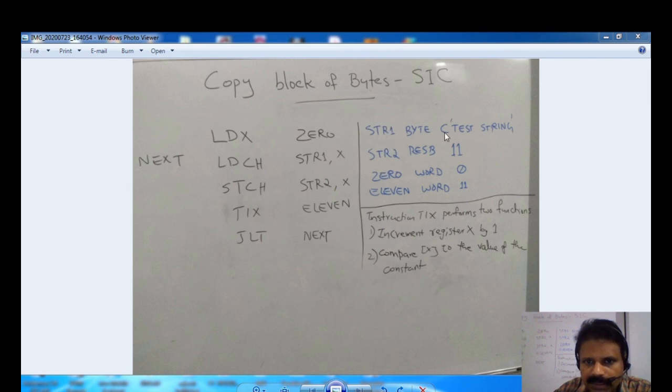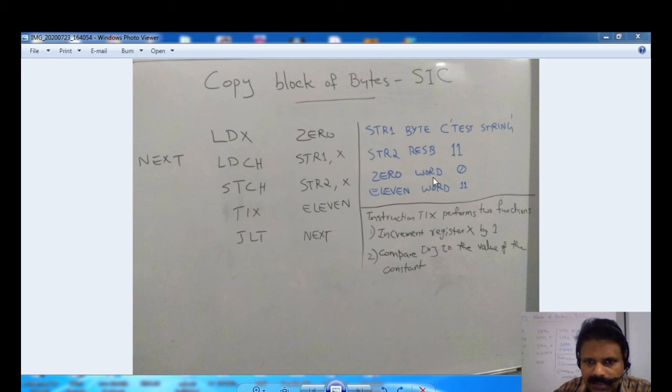Now STR1 is a string constant whose length is 11, meaning there are 11 characters. See, STR2 is declared as a byte variable whose block size is 11 bytes. Okay, so we can store 11 characters in this.